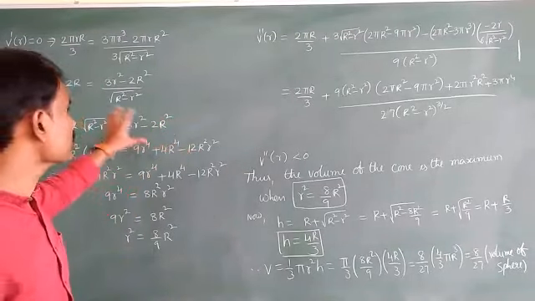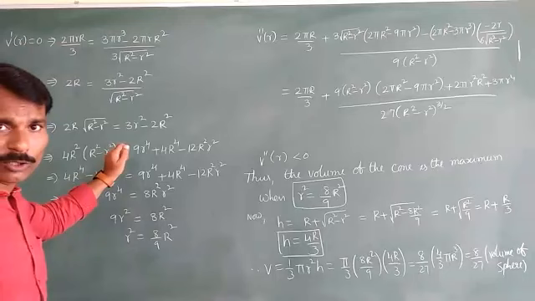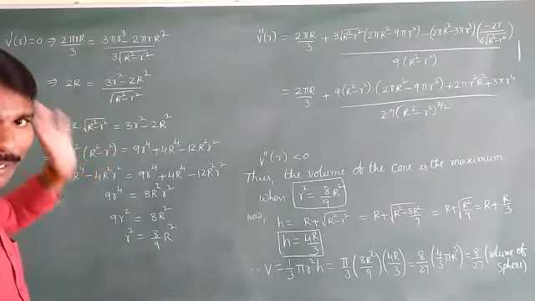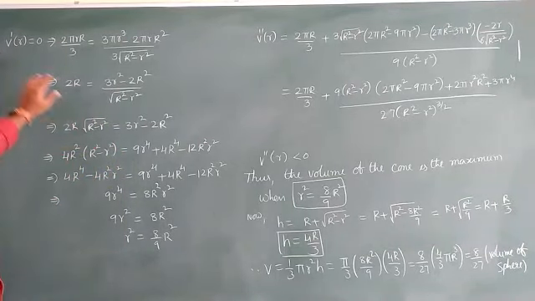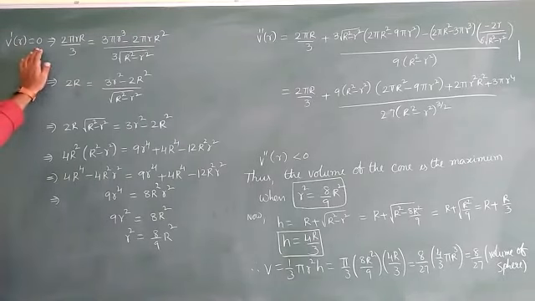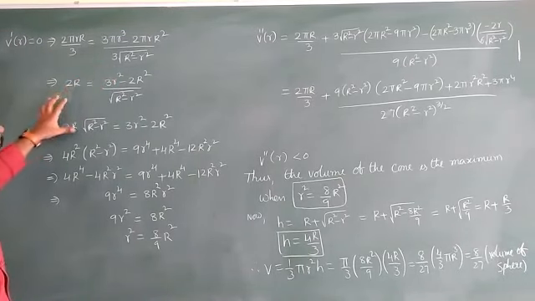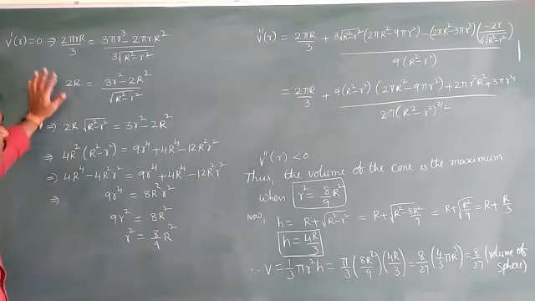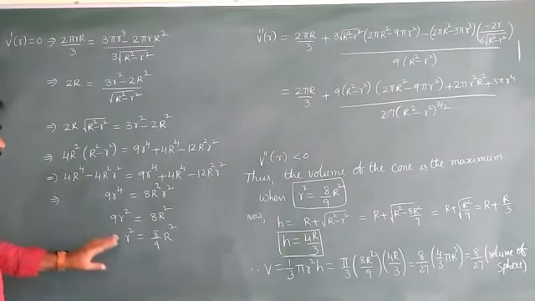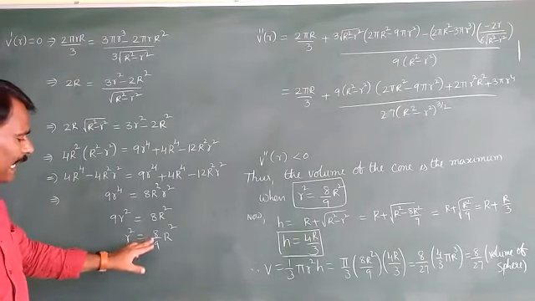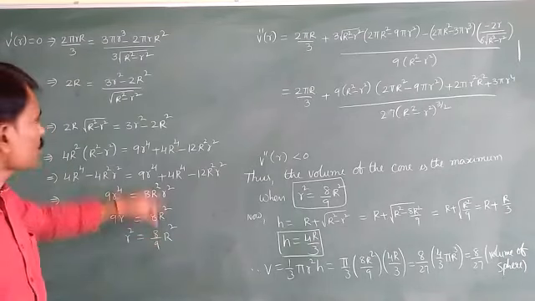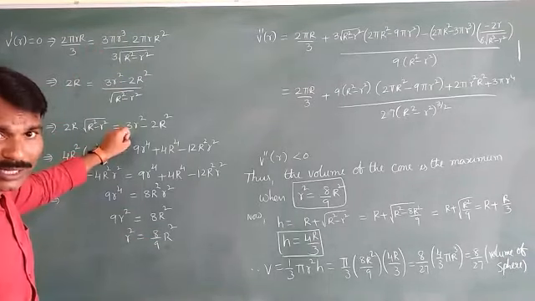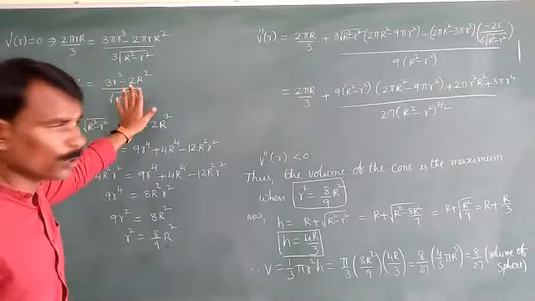So that's why I am giving the time to you, just copy into classwork and practice more times. Observe it guys, V dash of r is equal to 0 means I calculated V dash of r is equal to 0. Then you will get the answer finally. Small r square is equal to 8 by 9 capital R square. So this simplification you have to do by your own only.